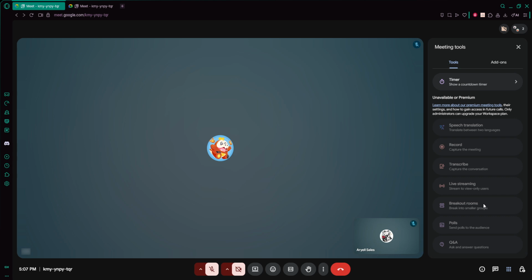That's all there is to it. By clicking Activities, choosing breakout rooms, selecting the number of rooms, assigning your participants, and then opening the rooms, you can run more focused interactive sessions in Google Meet. As long as your organization's account supports this premium feature,